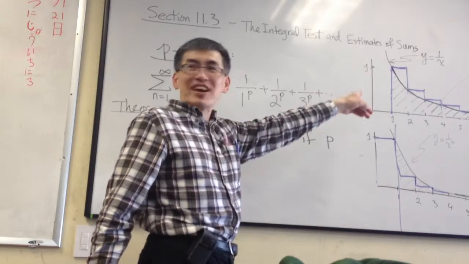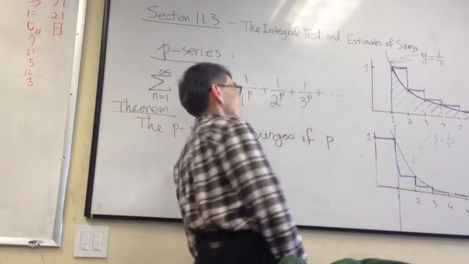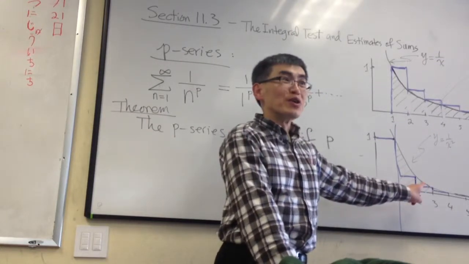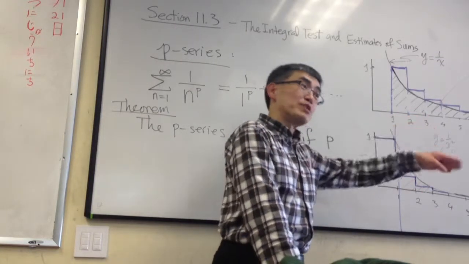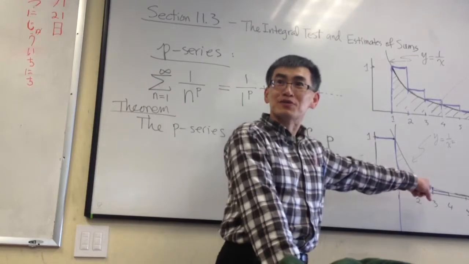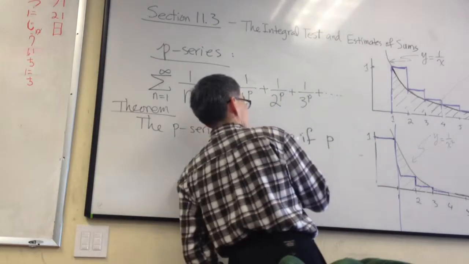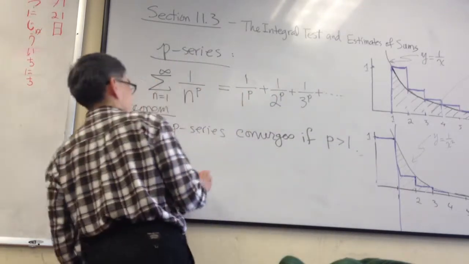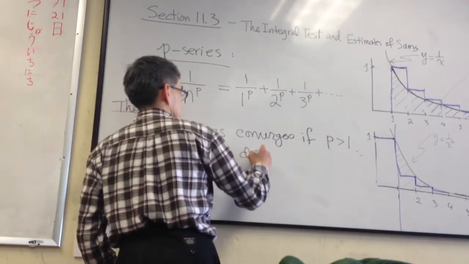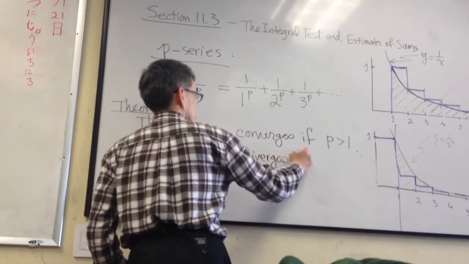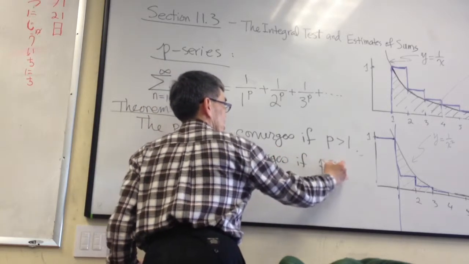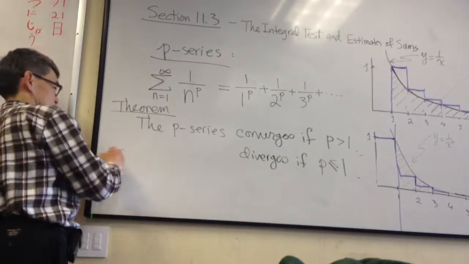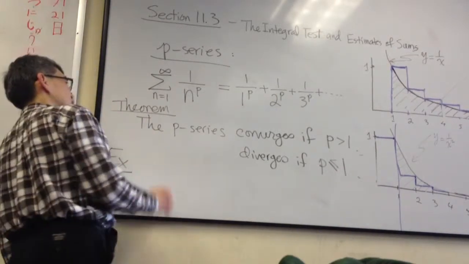When p equals 1, it diverges. All right, the series diverges. And this is p equal to what? 2. So it looks like once p is greater than 1, then it begins to converge. Is that right? So it converges if p is strictly greater than 1. Okay? And diverges if p is less than or equal to 1. Example. If somebody asks you,